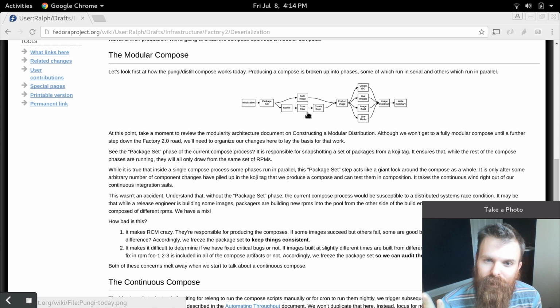One of the things that we realized after the fact, though, is that one of these first phases, the package set phase, effectively serves as a lock on the tag that Pungi is working on, which means that even though the internals of